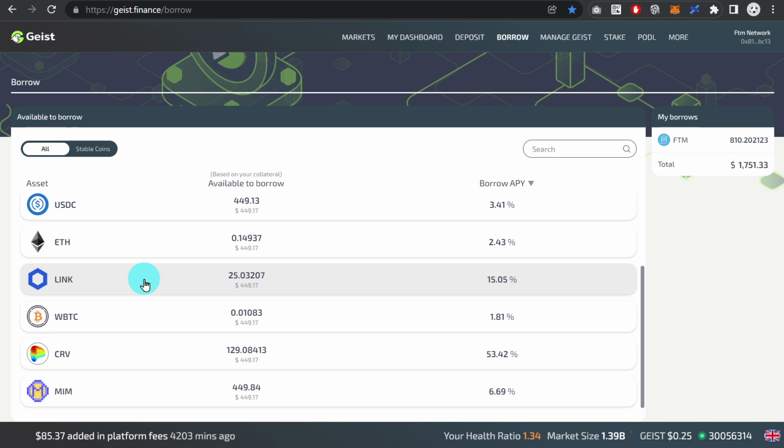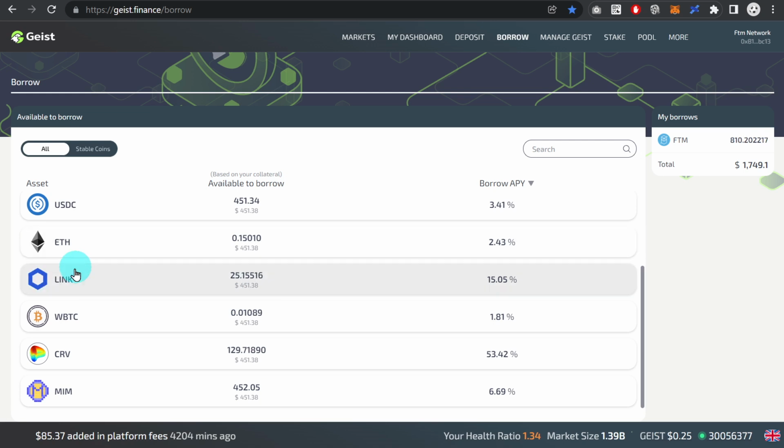Now, what does that mean? It means you are shorting, you are bearish on this specific asset because you borrow now against ChainLink. So your loan is denominated in ChainLink. If the ChainLink price in US dollars goes down, then you can repay that loan easier, right? Because the denomination is in link tokens.